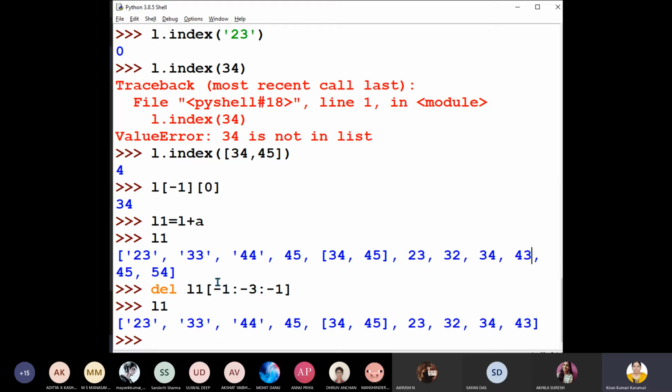So now what and all to be deleted? -1 index to be deleted, that is 54 deleted. Next 45 deleted. Next -3 not to be included. So deleted from the list. Now you can see the list 45 and 54 are deleted or not. Okay. So this is one way of deleting items from the list.